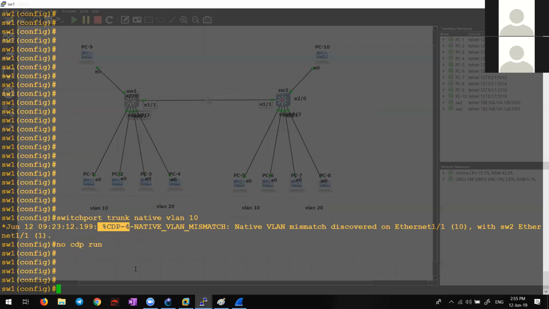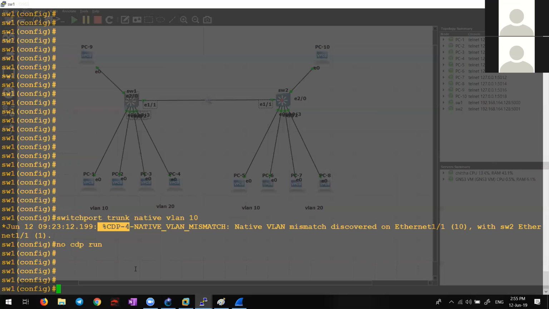Tell me the packet flow. 1, 2, 20, 10, 10, 20. When switch one sends the packet to switch two, it will not tag for the native VLAN. And then whose native VLAN? The PC below which is sending is in VLAN 10, and the first switch's native VLAN is VLAN 1. Correct? Then it will tag, man. The data will be tagged. How will it not tag?